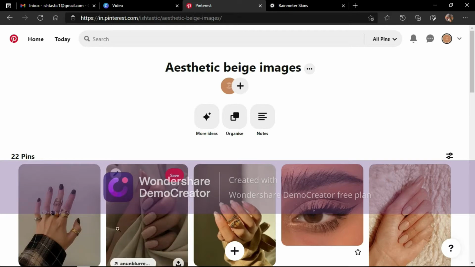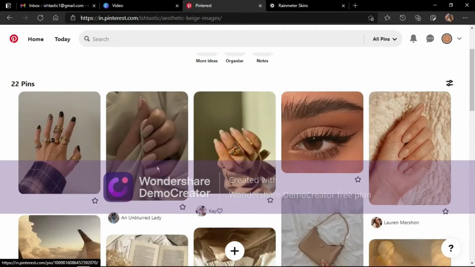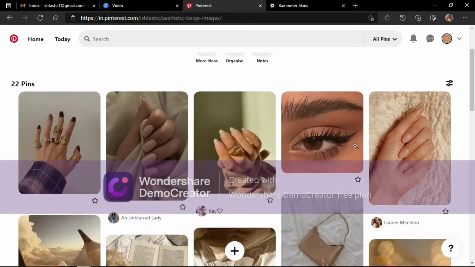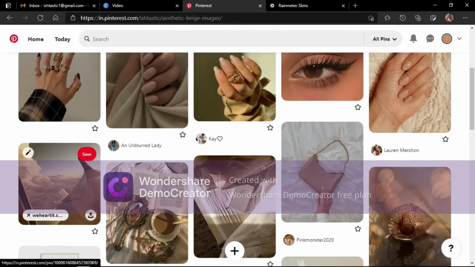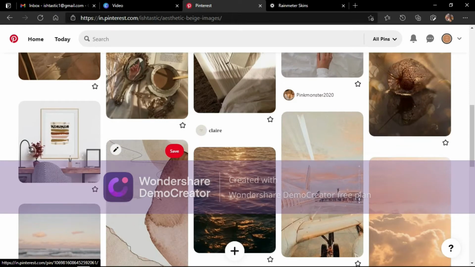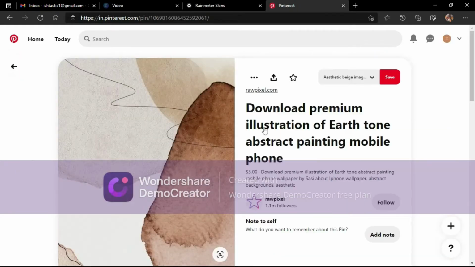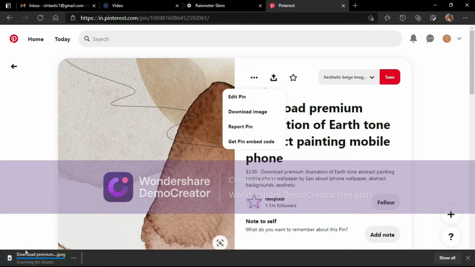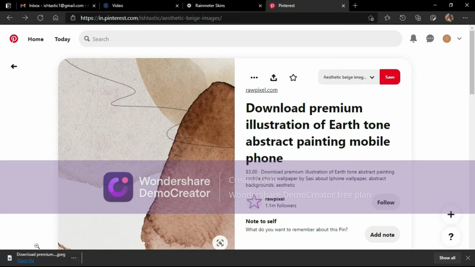You have this nail one. Like, I really like long nails, so you probably see like 4 nail pictures or something. But yeah, that is that, and I've just named it aesthetic page images. So you can download these images. How you download the images is basically, let's say you go to this one and then get something on the right. You click on these 3 dots above and then you click download image. You get it below over here, as you can see. I think you can see the cursor. Yeah, that's where you get it. So you downloaded the image.